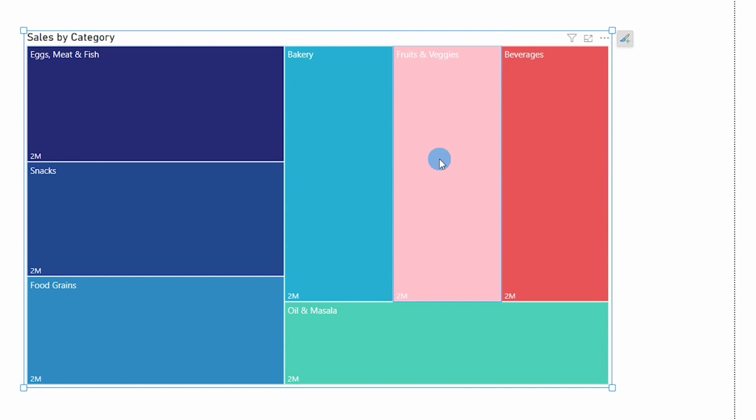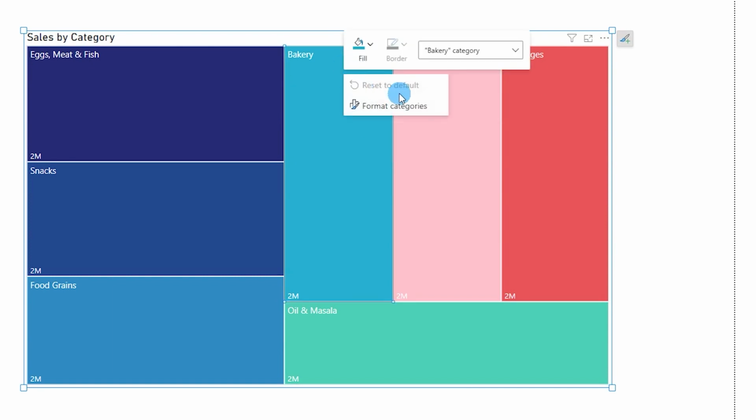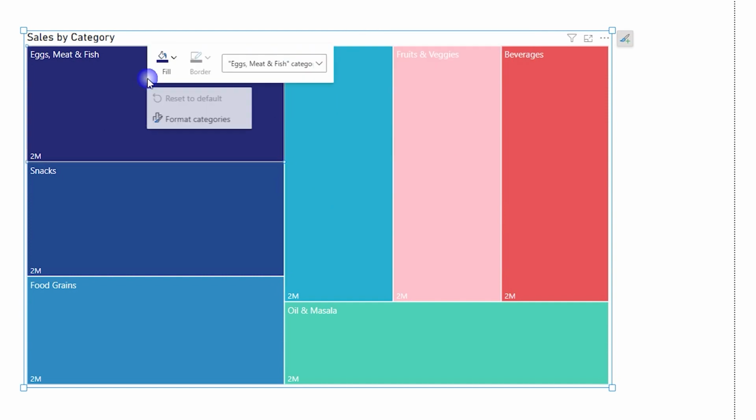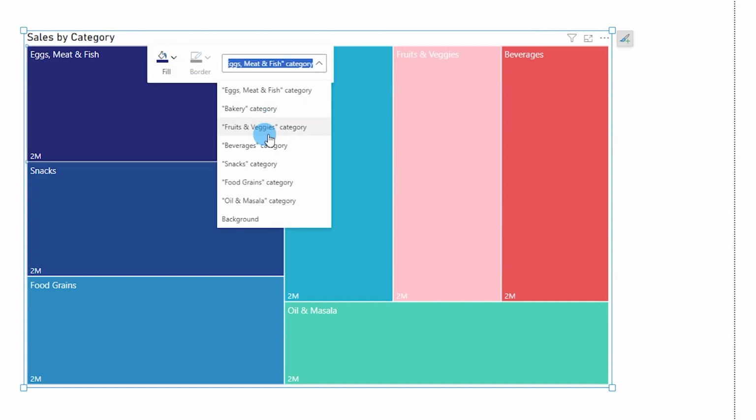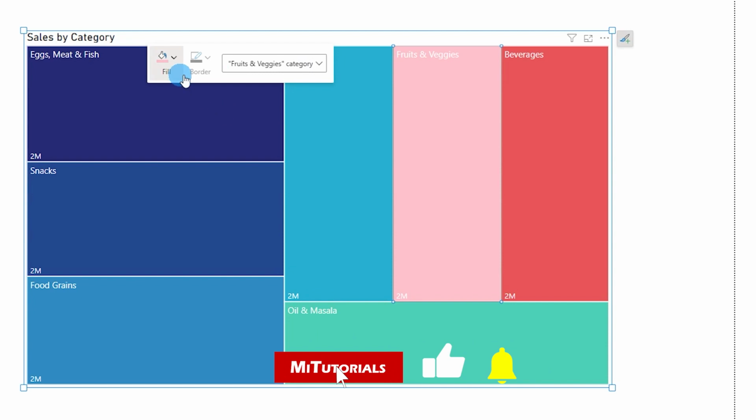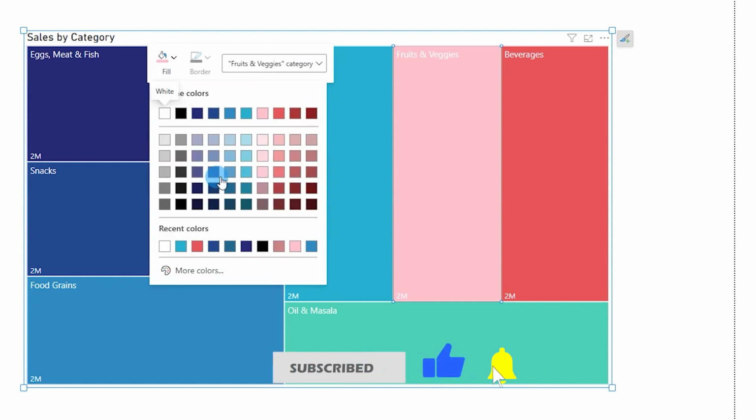on OK. And also, let's say you want to change the colors of multiple categories. Now, instead of going to every single category and right clicking on it, you have a little drop down over here which you can select. Let's say, for example, you want to change the color for fruits and veggies. You can simply select the fruits and veggies category over here and change the color to something else, maybe this color